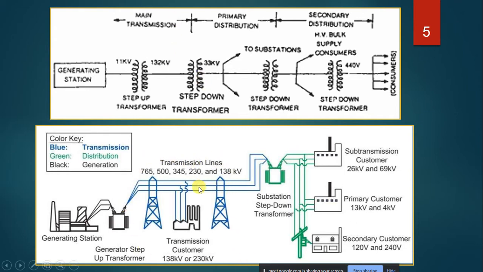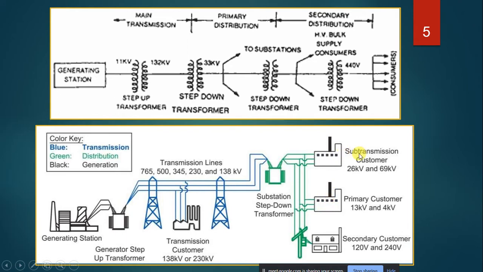Whenever this power is being transferred at such a huge level, from 138 or 230 or 765 kV, the larger powers, it is stepped down because household supply requirement is very low, right? I said 120 to 240 volts at the max. So here we have a step down transformer, and at the other end, for example, an industry requires larger power.